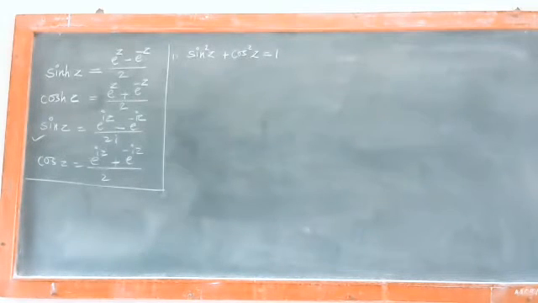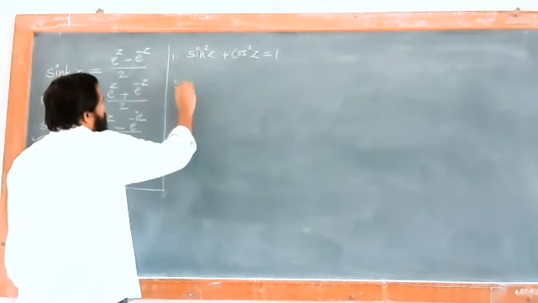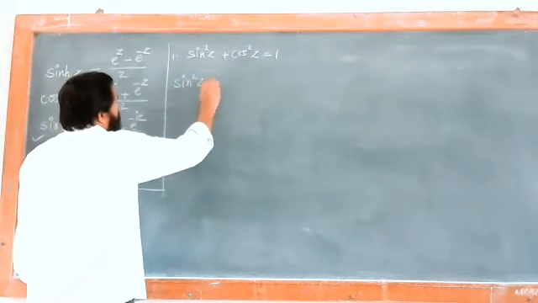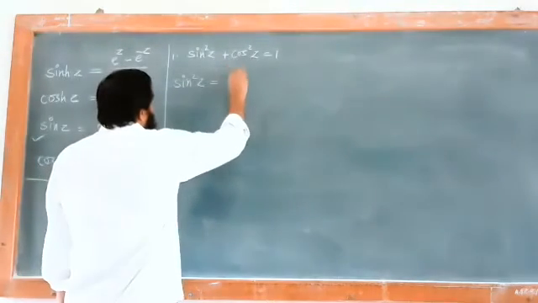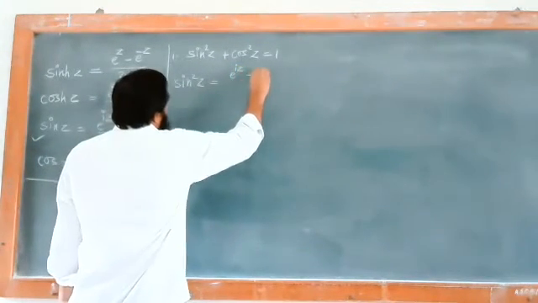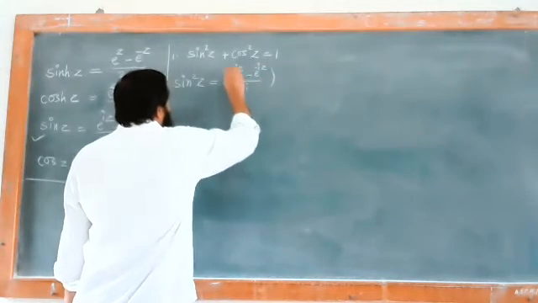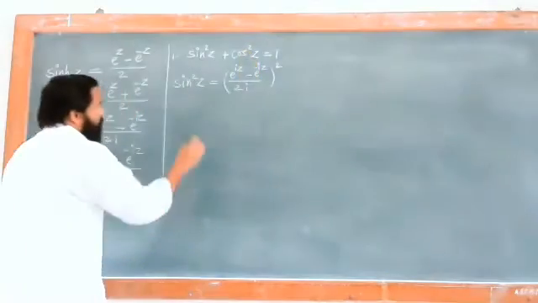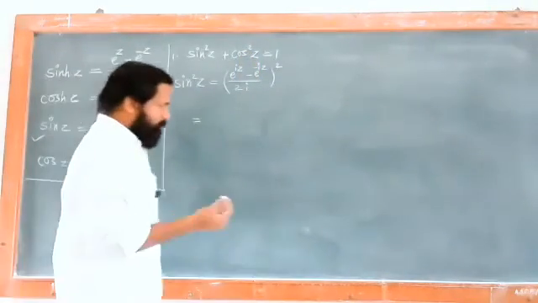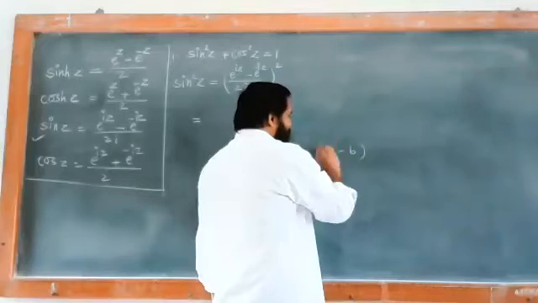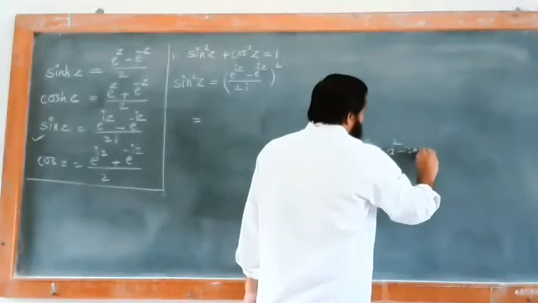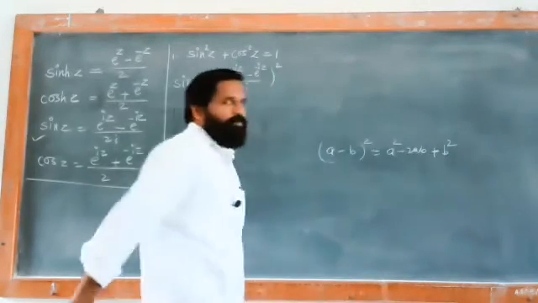So what we have to do? We have to square it. And now we can write this as a square. So what is sin square z? Sin square z is e raised to iz minus e raised to minus iz divided by twice i, squared. Okay, so what is that square? a minus b whole square is a square minus twice ab plus b square. That is our standard thing.